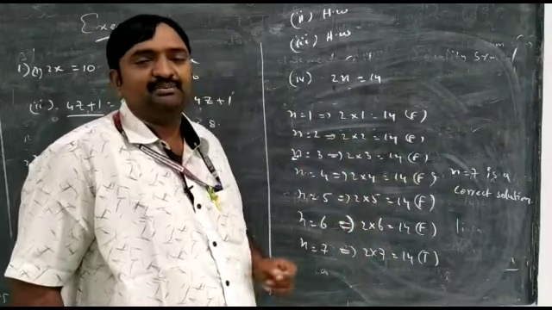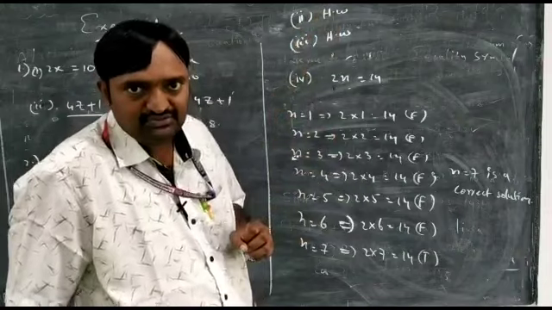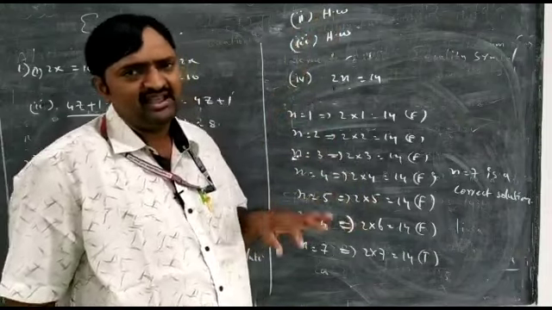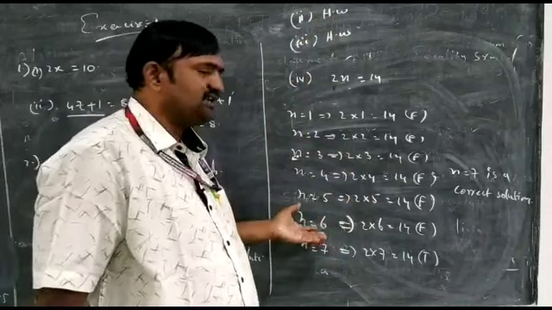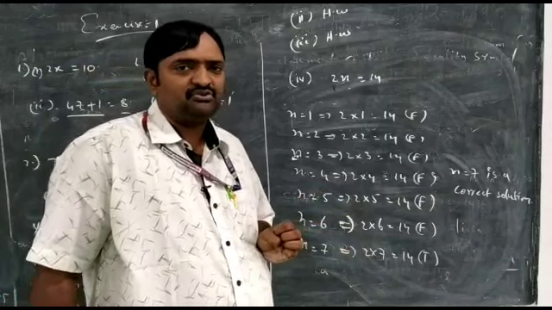In this way is the pattern. Already in these two sums I gave homework, you try to do. If subtraction is there, do subtraction. If division is there, do division. If multiplication is there, do multiplication. In this way you try to do it. The trial and error method is very important. It will also come in the examination. One or two times you try to do it.